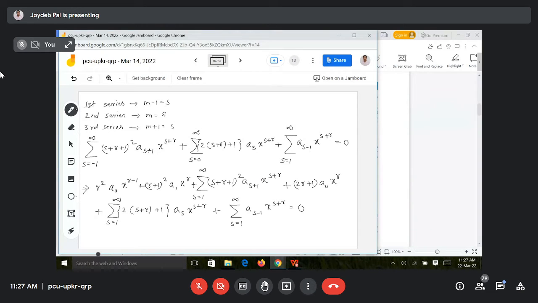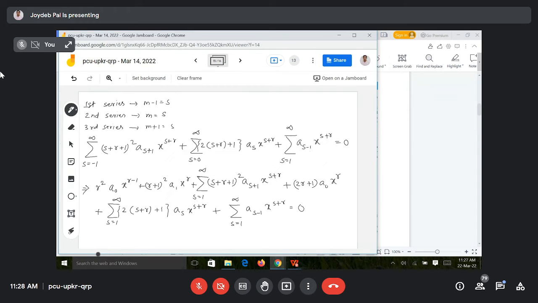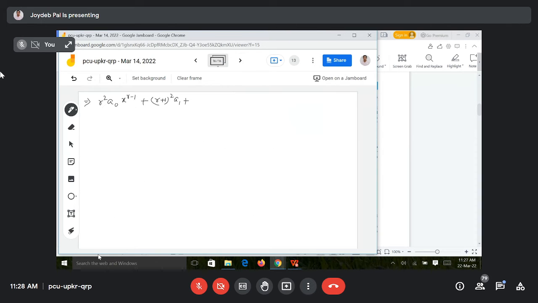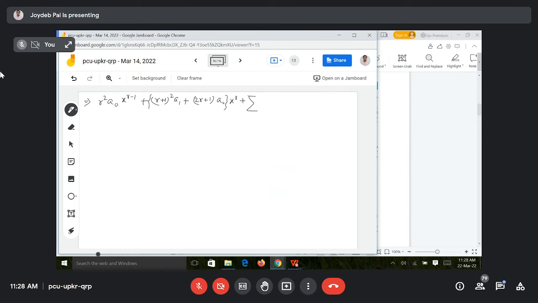It will be r plus 1 whole square a1 plus 2r plus 1 a naught whole into x to the power r, and rest of the series you can add. These three series you can add. So after adding,